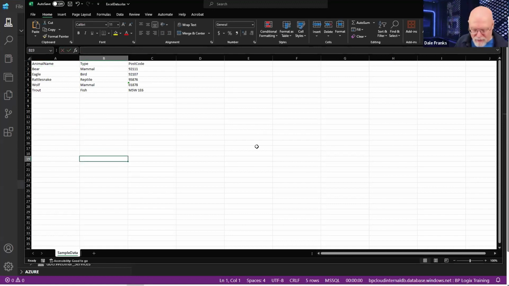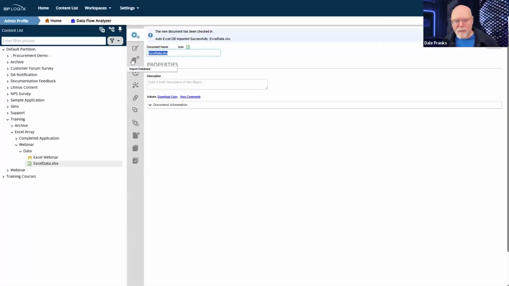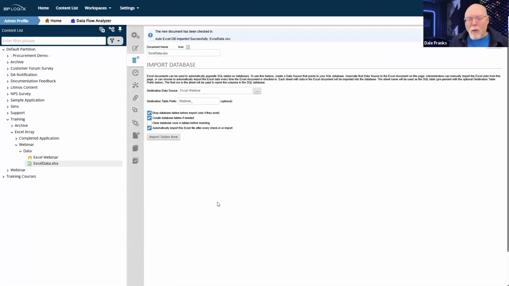And I'm actually going to save this right now, save it to PC so that I can import it. Well, I'm going to have to uncheck this. Whenever we upload our data, we're going to override this template.